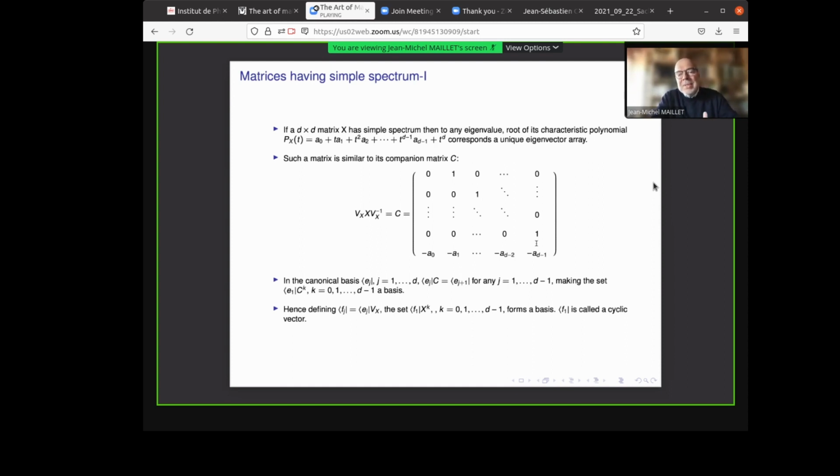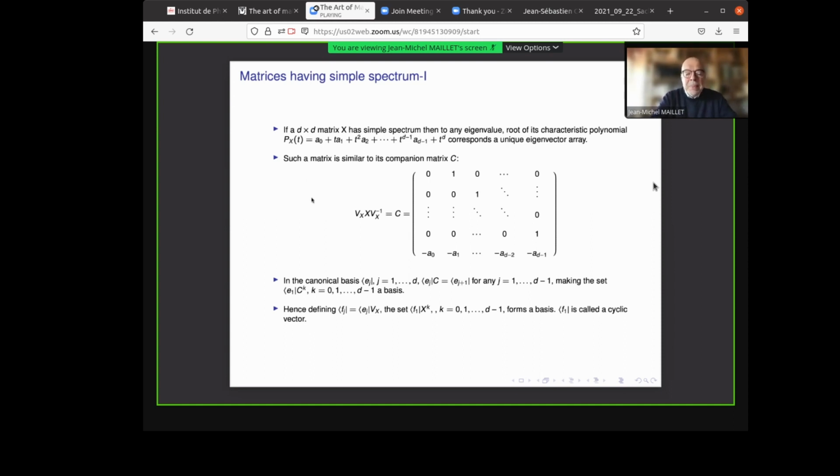So if you have a simple spectrum matrix X, D cross D dimensions, then you can write its characteristic polynomial, its degree D polynomial. And then you can introduce what is called the companion matrix. The companion matrix is made out of many zeros, just ones above the diagonal. And then the last row, you get just coefficients, A0, A1, and so on, with minus sign,